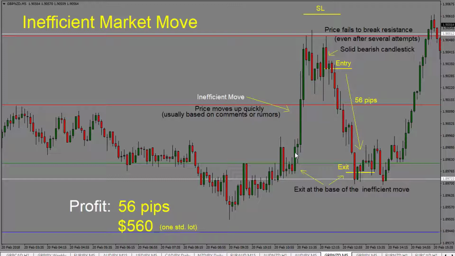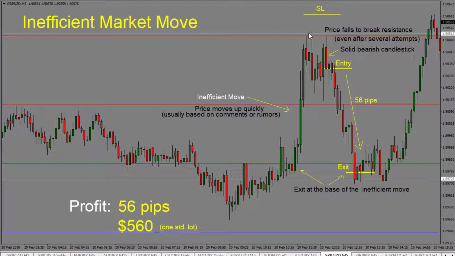Basically, it just creates this pop in the market, and usually it's a result of some comment that comes out on the news wire. So once we see this inefficient market move, the next step is we wait for it to get into a resistance level. As we can see here, this is the 50 level. As well, we have our pivot point R1 level. So price goes into this resistance level and then starts to bounce off of that level,